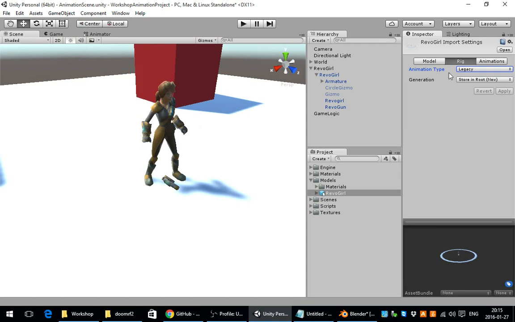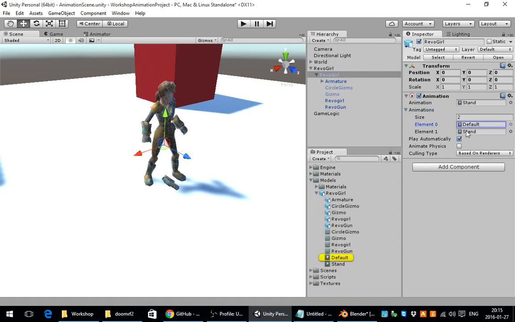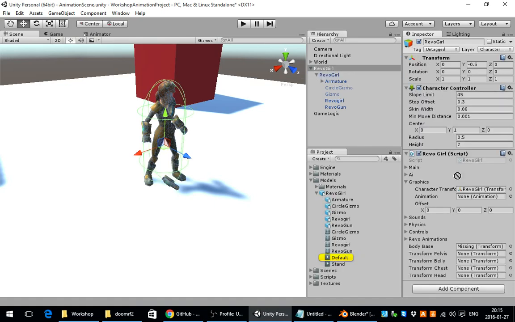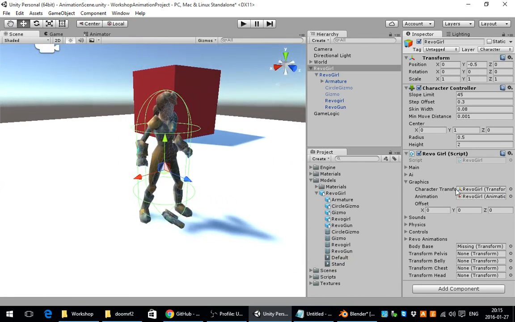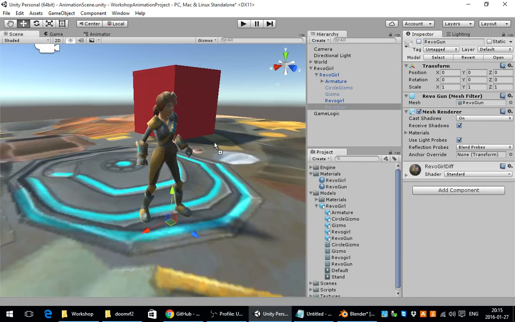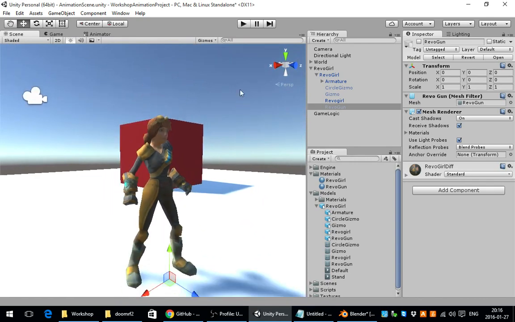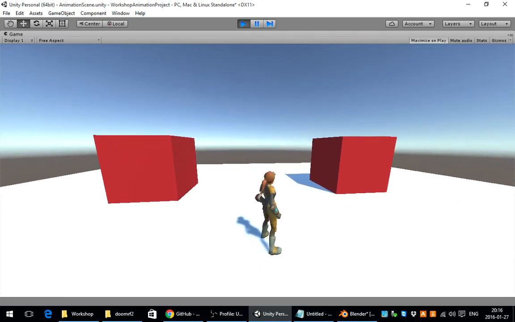So we're just going to use that, and as you can see, we already have the standing pose. We have the default animation as well, and we're just gonna attach this to that. The script's gonna take care of everything. Just trust me on this one. We're going to hide the gun as well because it's not animated yet. And also I made a specific material for the character to make it look a bit better. So now if we run the game, if you can call it that actually, we can run around and we can see the